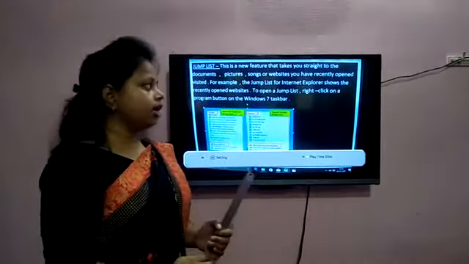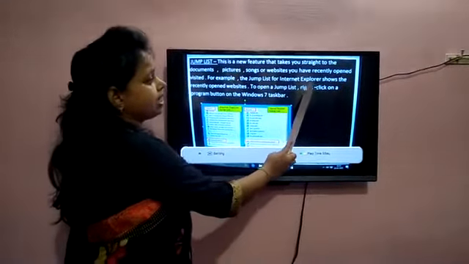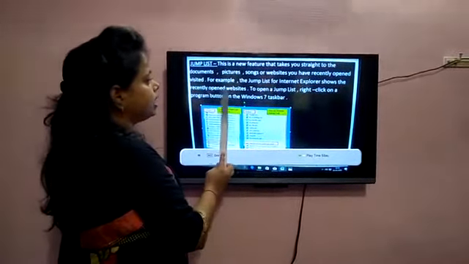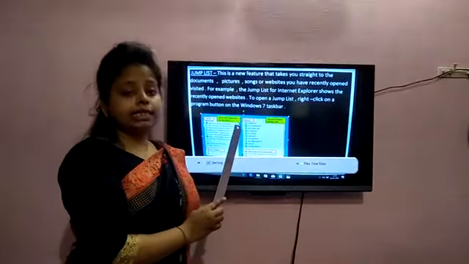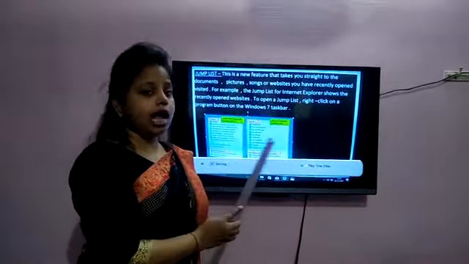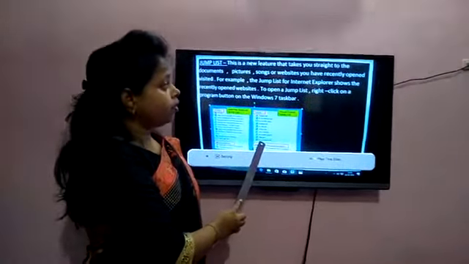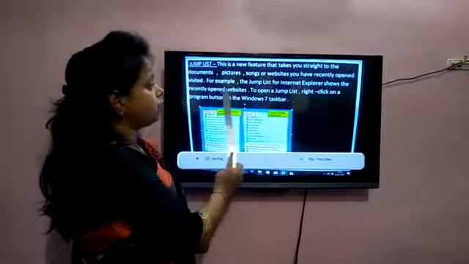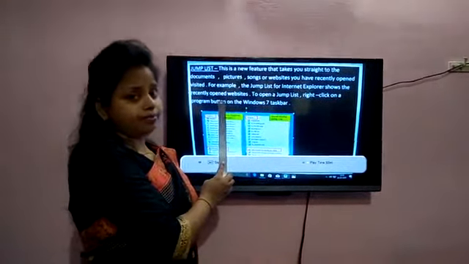For example, the jump list for Internet Explorer shows the recently opened websites.